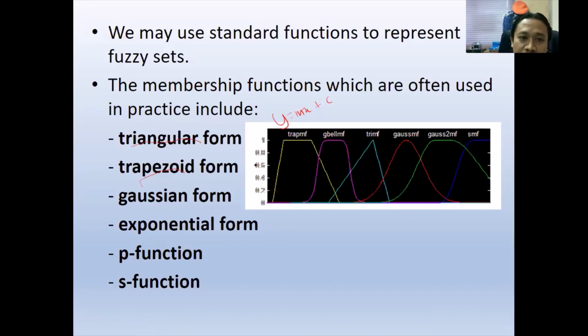That's why in our class we just focus on triangular and trapezoidal. Now there is no need to program, just use MATLAB, which automatically does the fuzzy logic. Before this they used an algorithm to design the fuzzy logic, and only triangular and trapezoidal because they involve only linear equations.